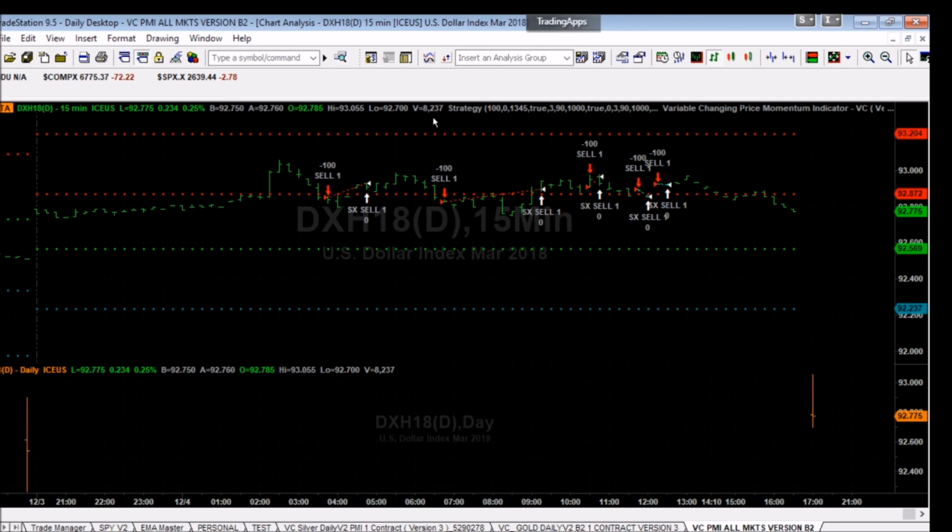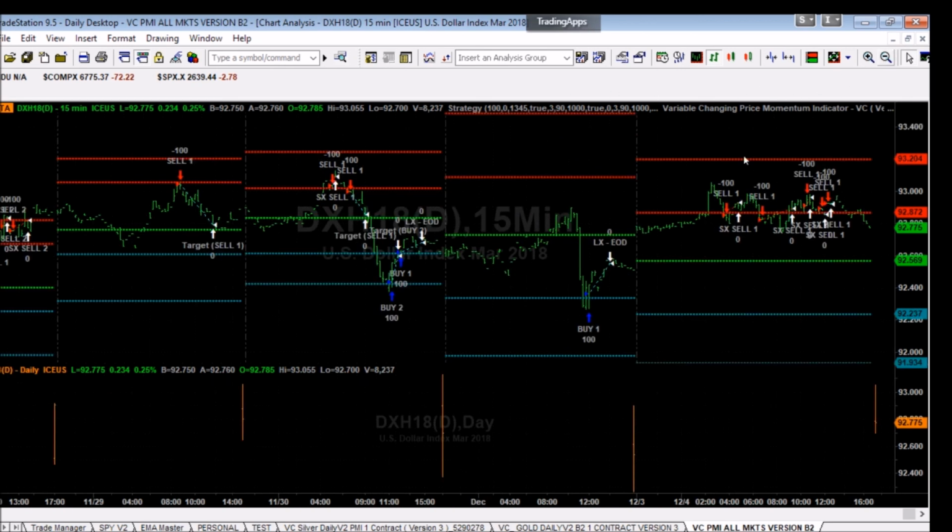What you see here is the levels that we have of supply and demand, and we get 2 levels above for supply and 2 levels below for demand. And the methodology basically is that the blue level identifies the highest probability, as I mentioned to you before, with about a 90% probability that if the market comes down into these levels, that it would activate a buy signal. And you can see here the market coming down into that B2 level and activating an automated buy signal, with the target automatically being the level above.